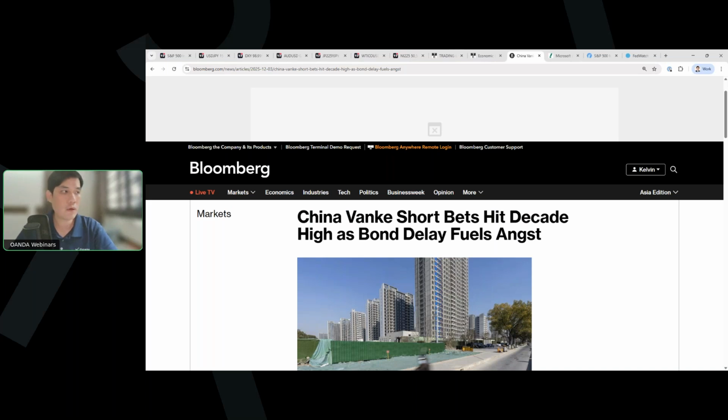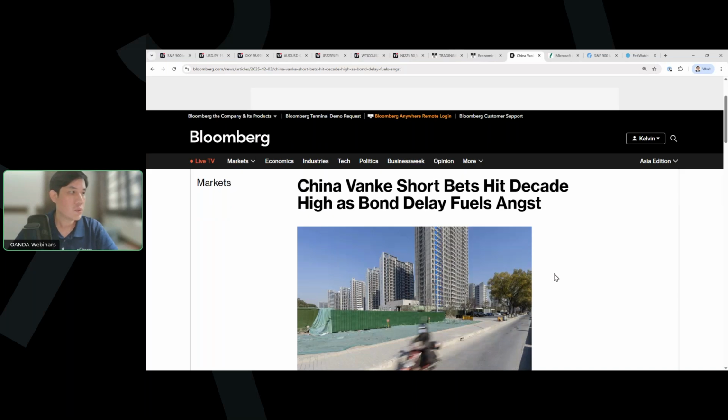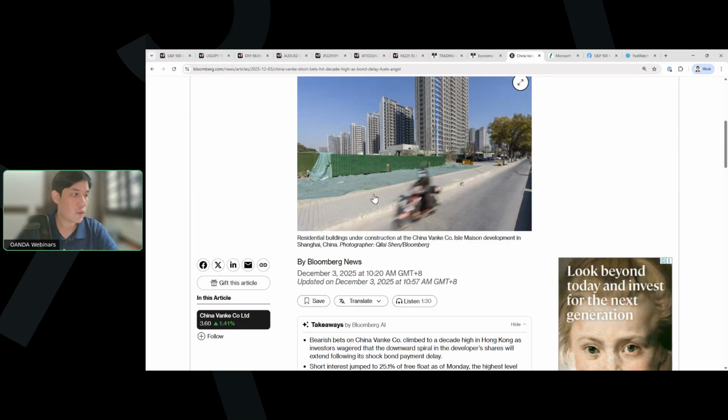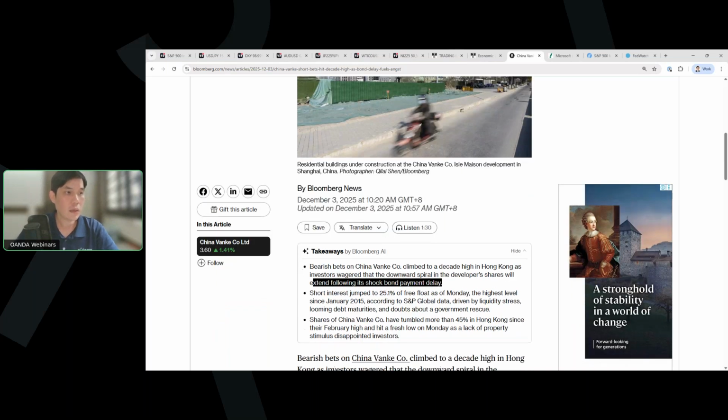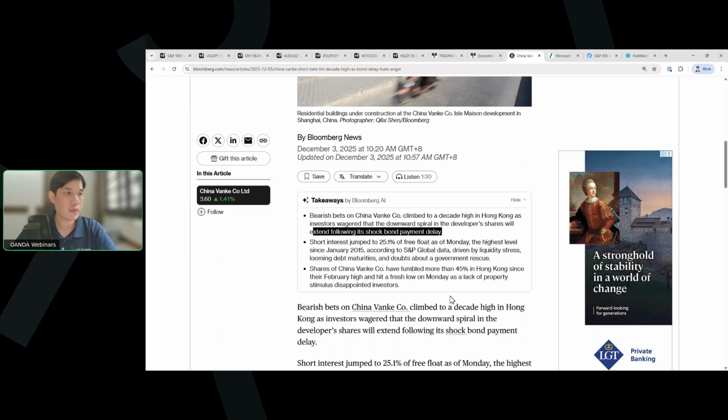So because of the jitters in the China property market, this causes the underperformance. So any particular news flow out from a China major property developer will potentially cause a negative feedback loop into the China stock market and also the Hong Kong stock market. So yesterday, China Vanke. So Vanke is one of the major China property developers. There was negative news flow coming out from Vanke stating that it decided to extend its bond payment delay. So we know that the China major property developers are facing a cash flow problem since the pandemic took shape in 2020, and Vanke made an announcement stating that they will delay their bond payment due to some cash